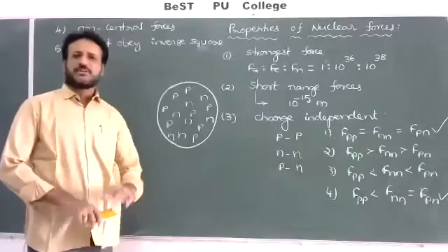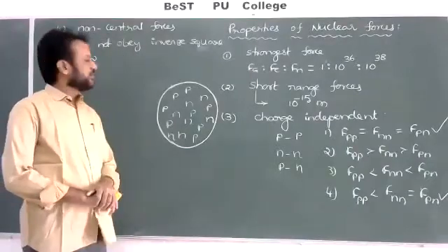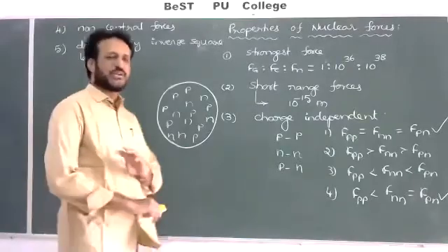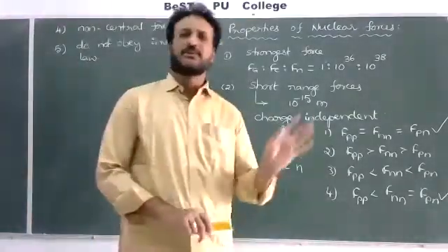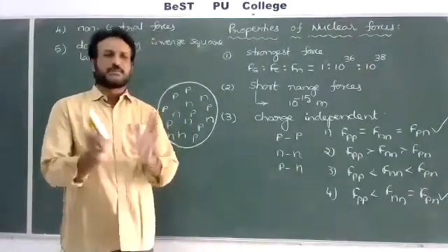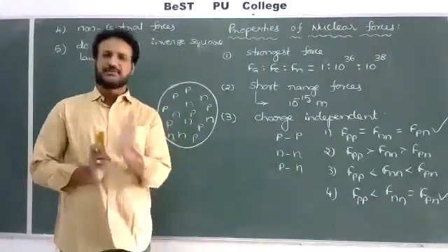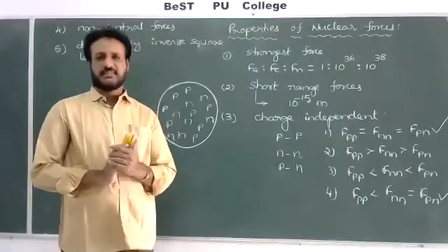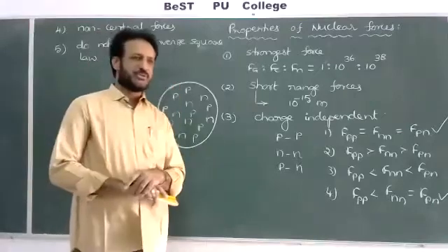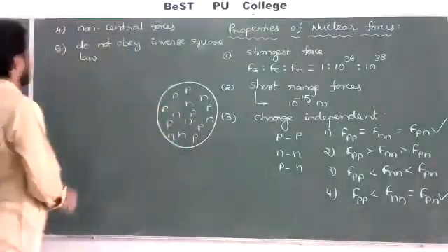So roughly from all these points, what we can understand is that nuclear forces do not change according to the inverse square law. They do not obey or follow the inverse square law. When the distance is less than 0.5 Fermi, there are strong repulsive forces. From 0.5 to 10 Fermi, they are attractive forces. More than 10 Fermi, they are completely absent. There will be no nuclear forces. That is the fifth point.